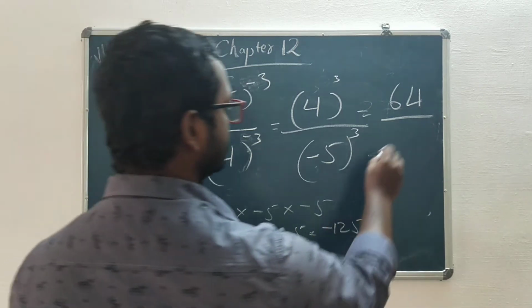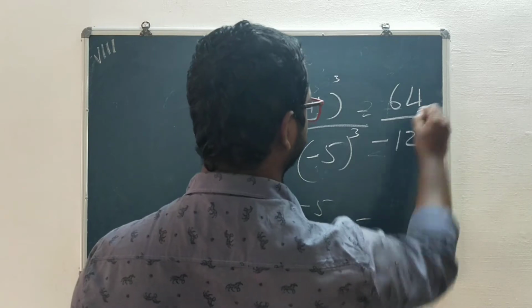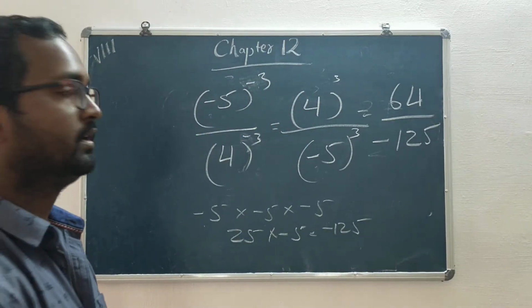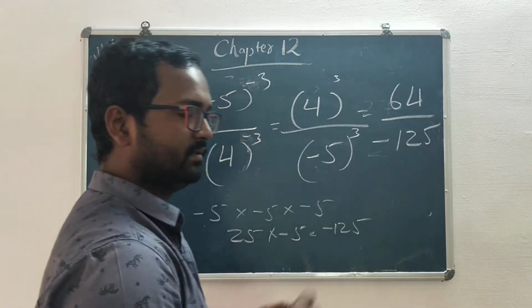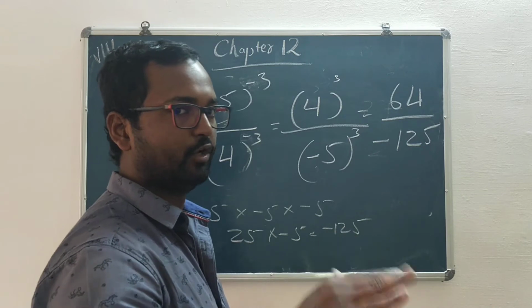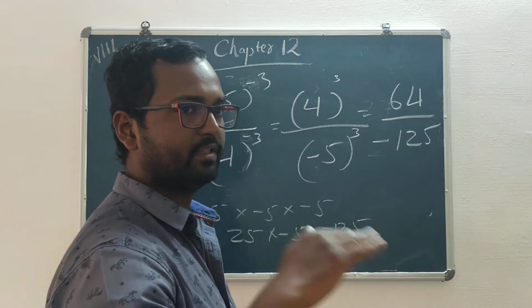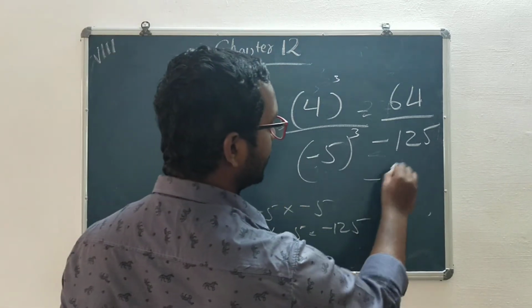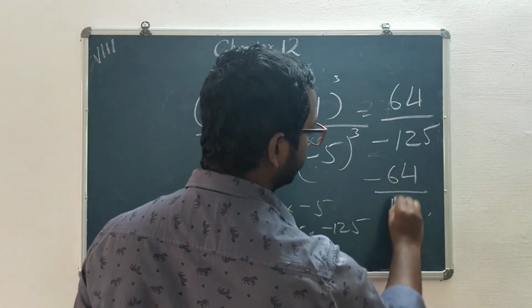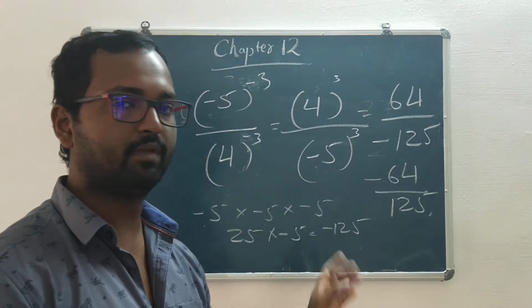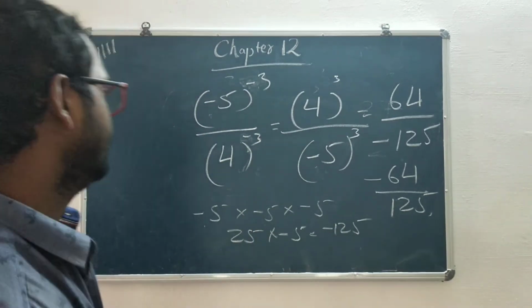So the final answer is minus 64 divided by minus 125. Now see, minus has a certain ability. It doesn't like to remain in the denominator. Minus will never remain in the denominator. It will always move to the numerator. So the final answer will be minus 64 divided by 125. Okay, the final answer will be minus 64 divided by 125. Okay. Now let's see